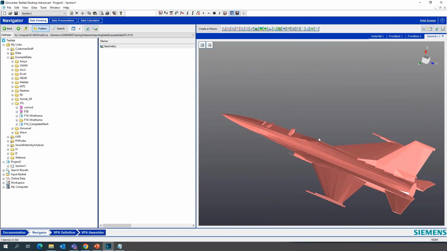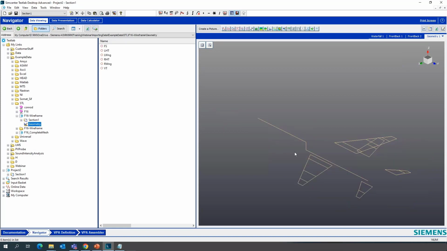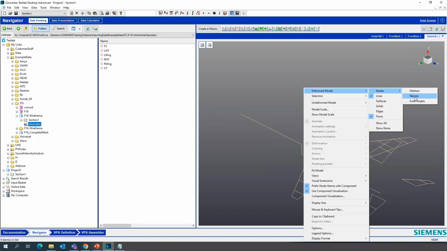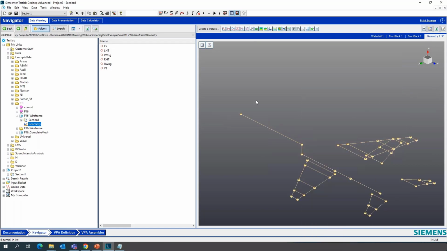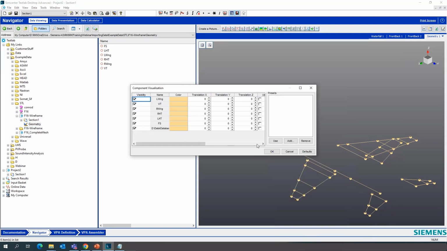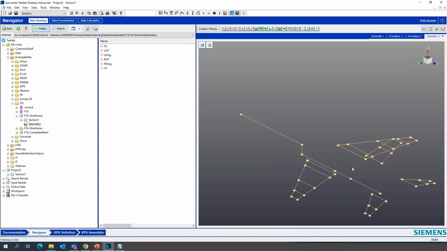Typically, when we do something like a modal test, we will create what is called a wireframe model with some limited number of locations. So let's see if I can plot that. Okay. Using this STL file, I can basically superimpose the modal data that I'm collecting from the test onto that STL geometry in what is called mode shape expansion, so that I can show the test data on a CAE geometry. And that can be very helpful for visualization purposes. So that is another file format.